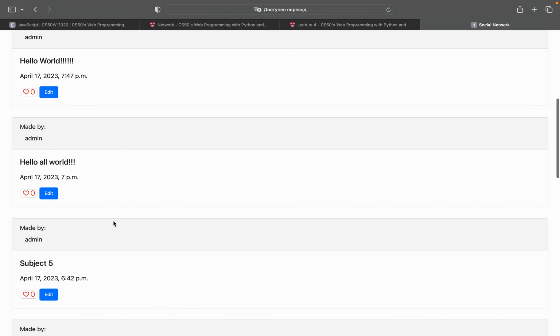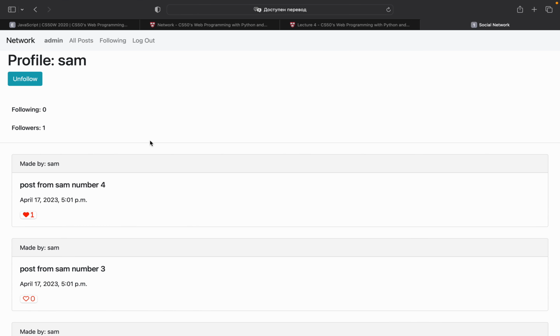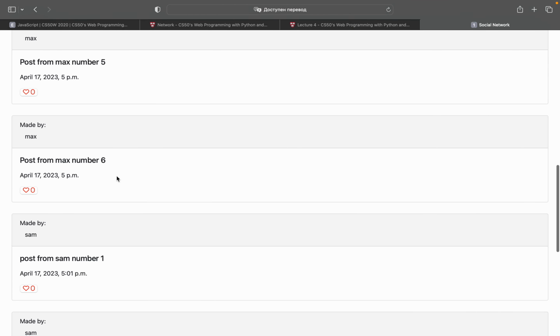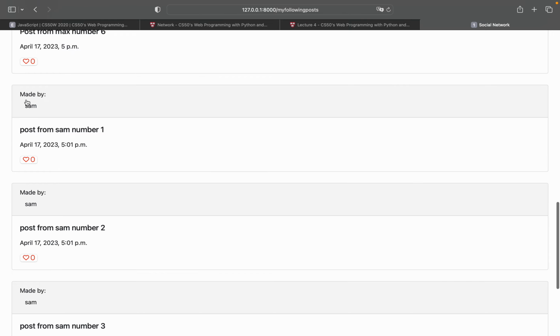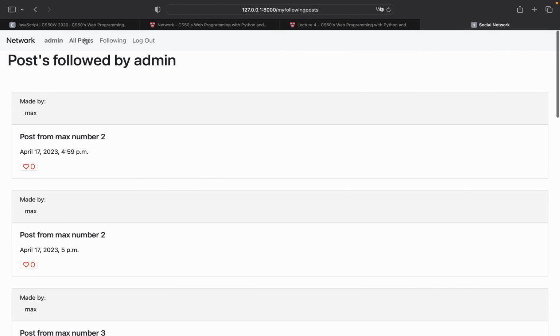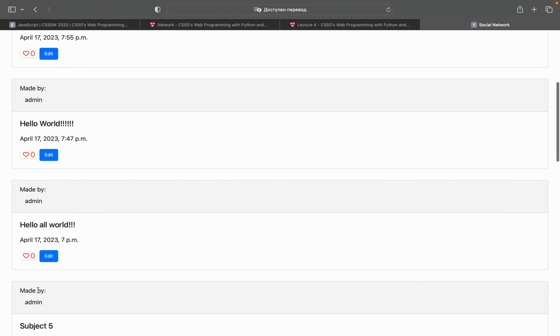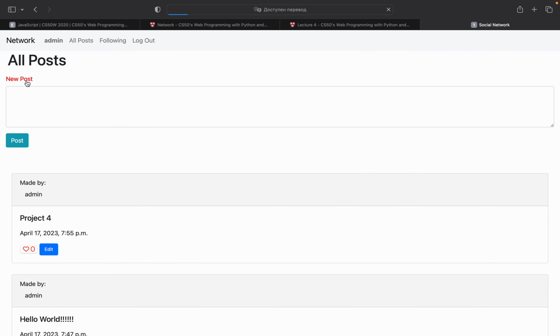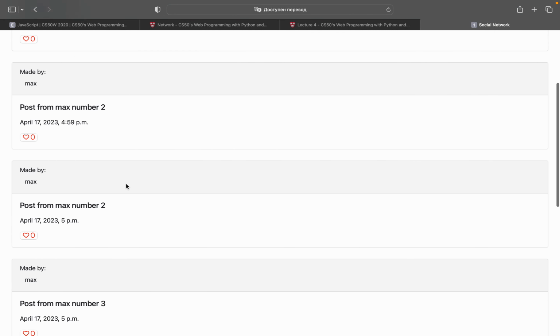Also, if I go to the Sam profile, I can see a button here that depends on following or unfollowing Sam. It's going to show me follow or unfollow. So now I'm following, so Sam is on the following page. If I go to the Sam profile and click unfollow, and I show you the following page again,